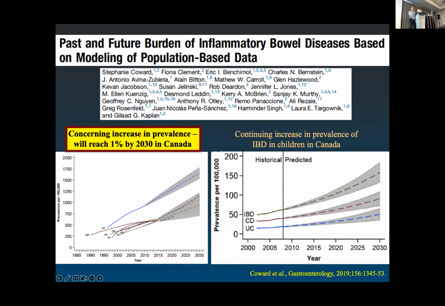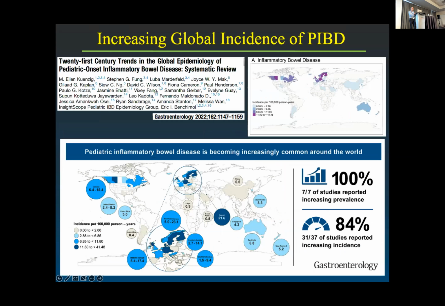We have, in fact, one of the highest incidence and prevalence in the world with IBD, and interestingly, Alberta is really leading that together with Nova Scotia in those numbers. So there is something going on here that genetics can certainly not explain, because genes do not change that quickly. This is not just seen in Canada. This is a review paper that was published recently by a Canadian group showing across the globe in children where we're seeing the highest rate of increase.